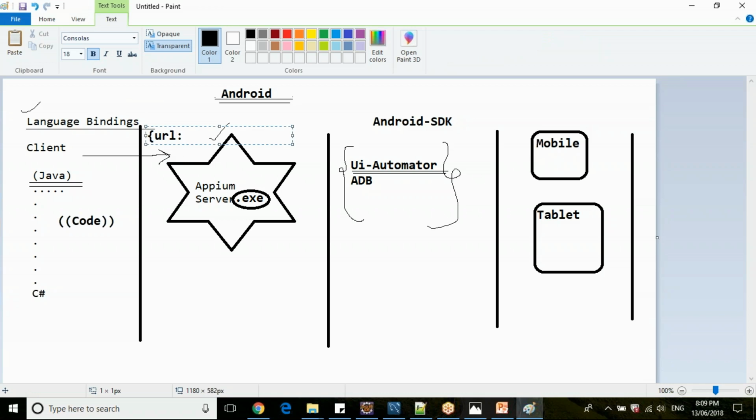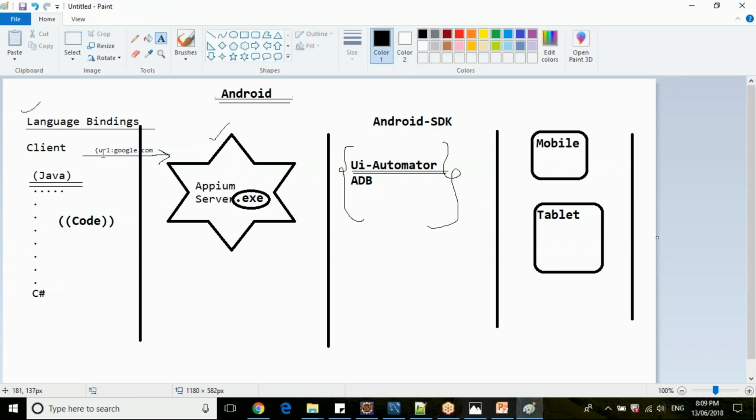URL colon, and what is the URL? Google.com. So the client is sending this JSON wire protocol to this APM server. Now this APM server is getting this JSON request.